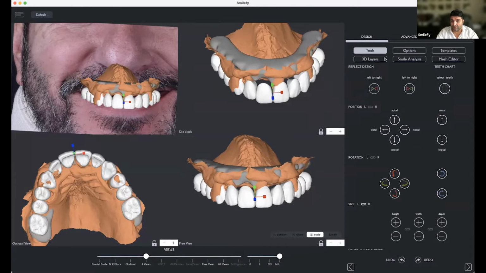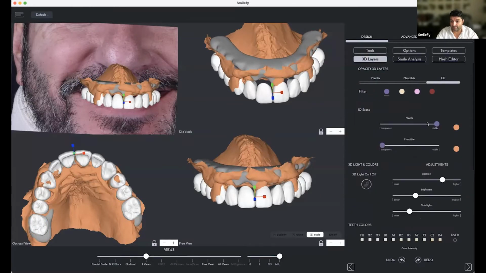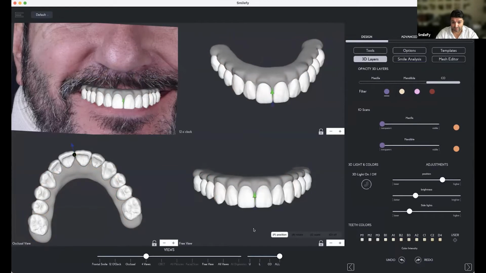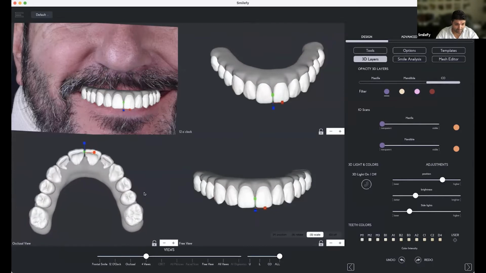And let me bring now the gingiva down. You see, that's our prosthesis. I can actually decrease the size like this, just to make it fit.